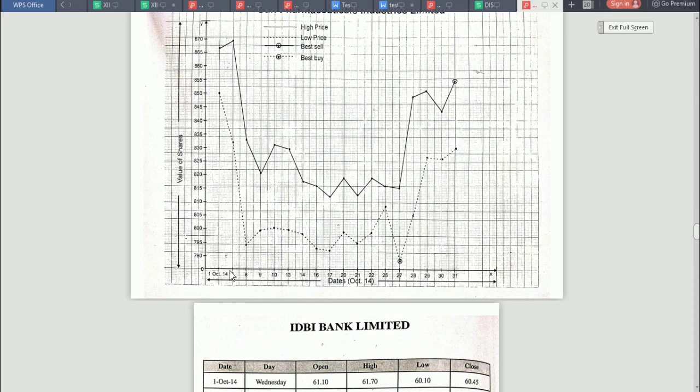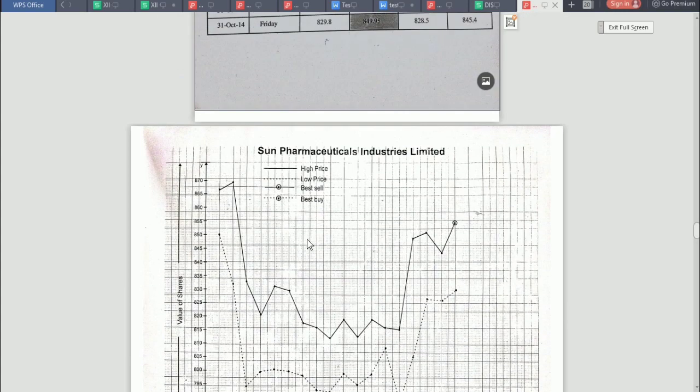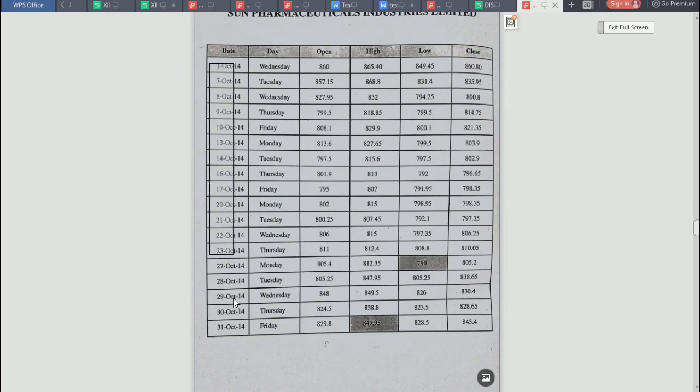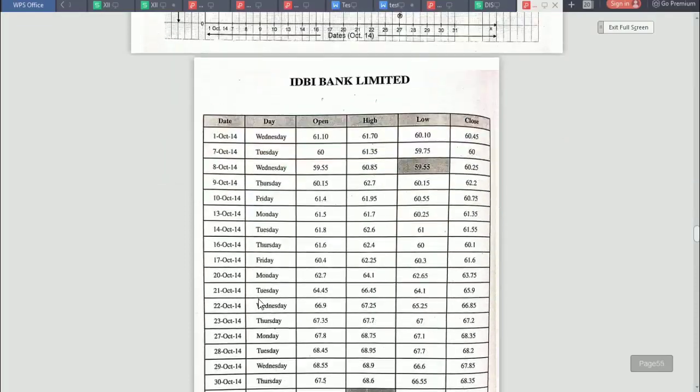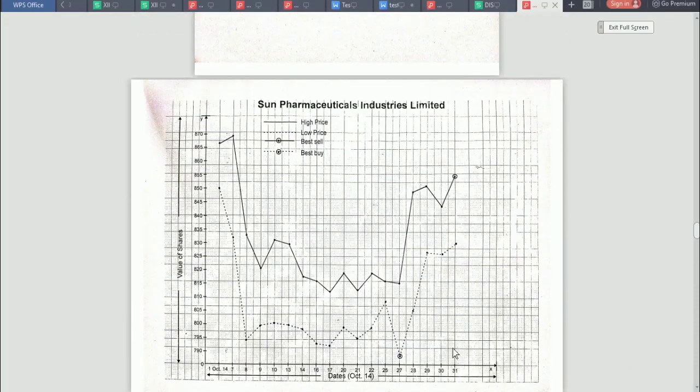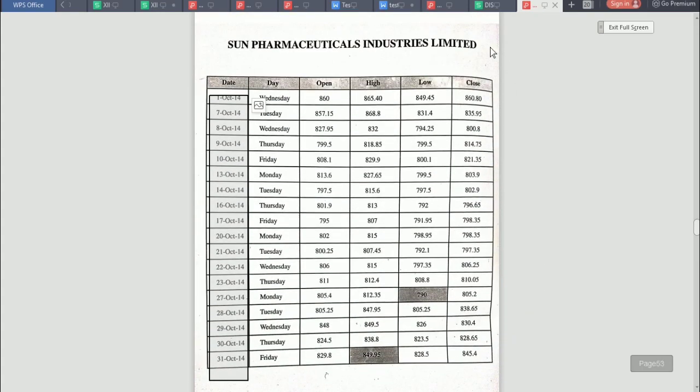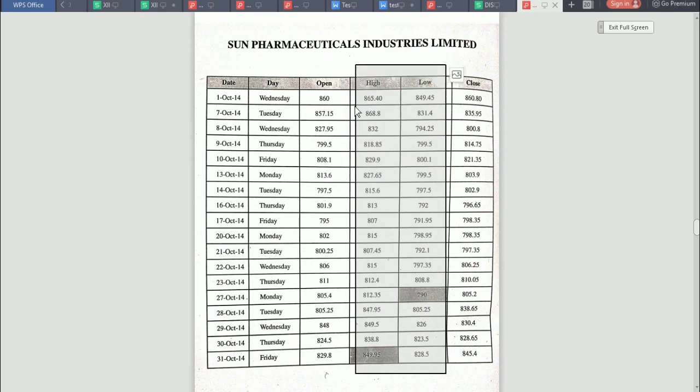Please remember, you cannot mark dates as first, second, third, fourth, fifth, sixth, seventh, because the dates given in the tabular form are these only, so we need to mention these only with equal gaps amongst them. So this is the x-axis having dates of the month of October given in the tabular form, and this is the market value of share on the y-axis. Market value of share, because we need to show the high and low columns, these two columns only.